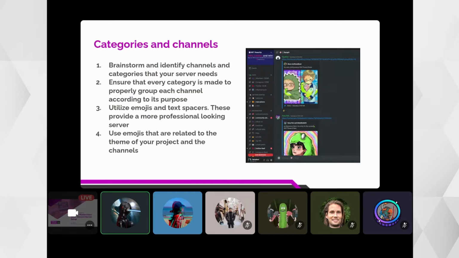If it fits what is needed for your project, you can add these certain types of channels. Later we will discuss some suggestions I have for the setup of different channels and categories for your Discord server if you are a Web3 project.